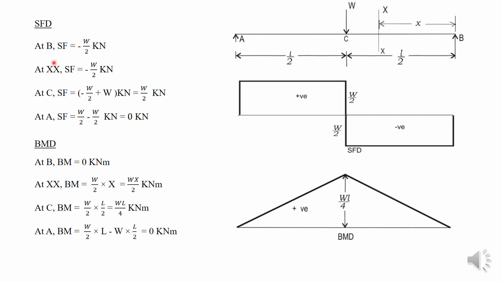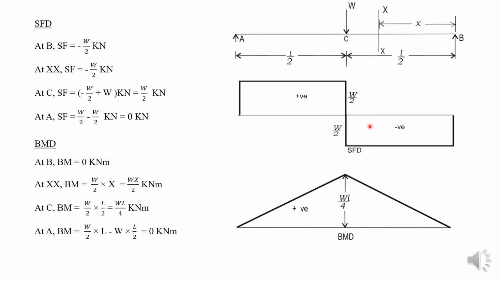So up to C, which is minus W by 2, and then at C you can see a downward force W. So we have to consider this minus W by 2 plus W at C, and that is equal to positive W by 2 at C while considering the left hand side of C, and this W by 2 will proceed up to A. Since there are no loads acting in between A and C, mark it as positive and mark the other as negative and also shade the region.